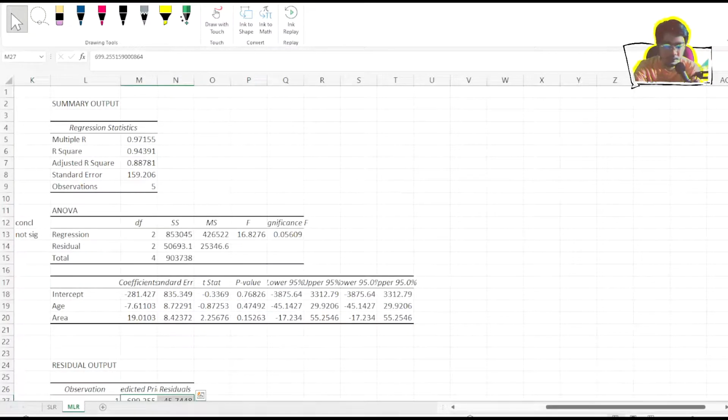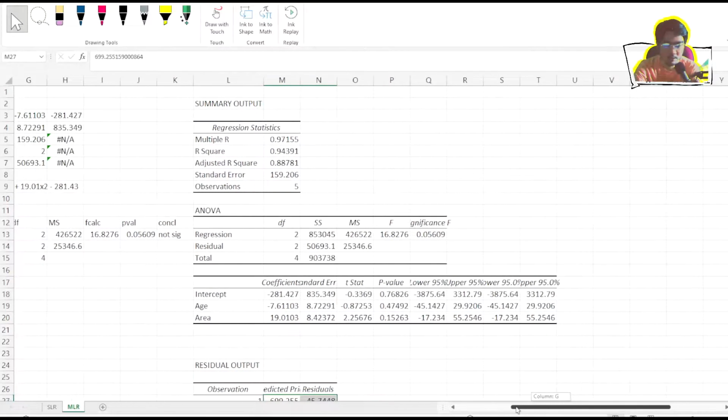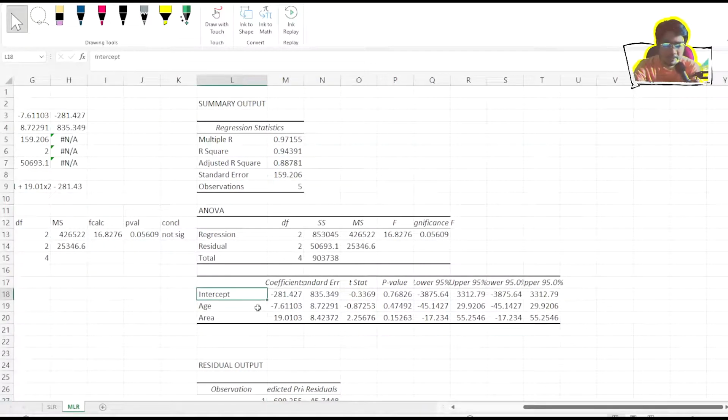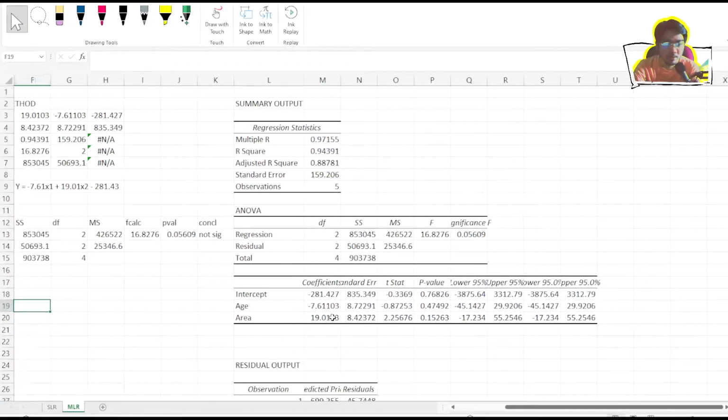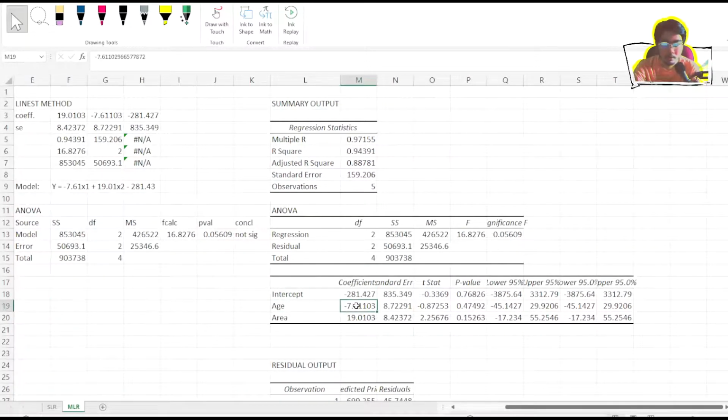Tapos we can see that nandito yung mga ano natin, no? Intercepts natin. So, we have the same coefficients. So intercept natin is negative 281.427, negative 7 sa age. The area naman is 19.0103. Okay? Tapos if you want, you can compute for the confidence interval by using the standard errors and